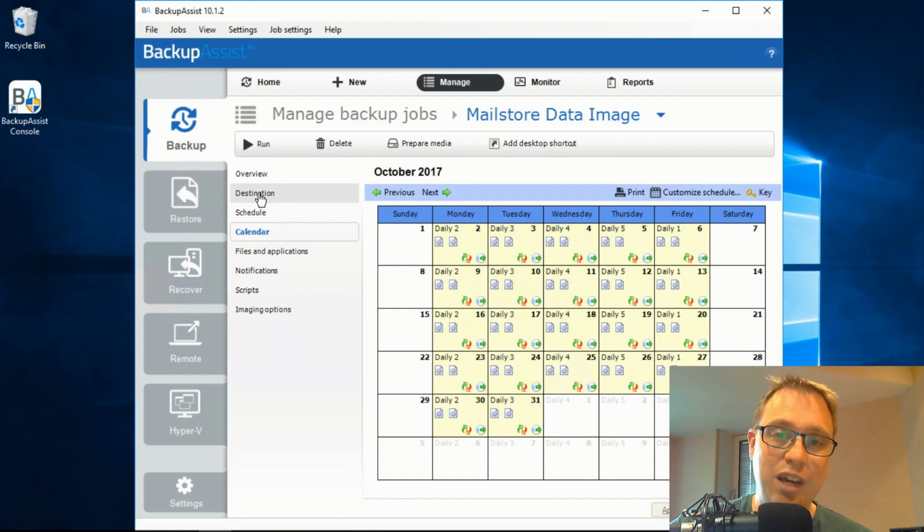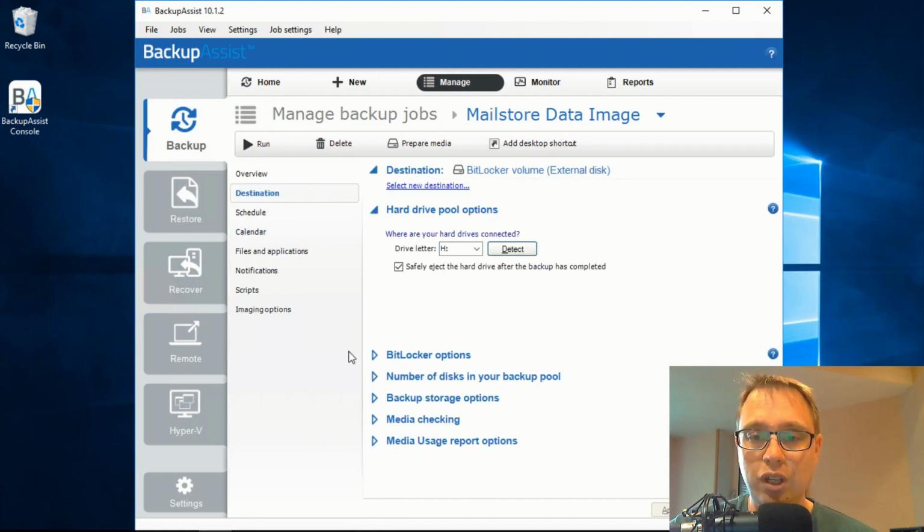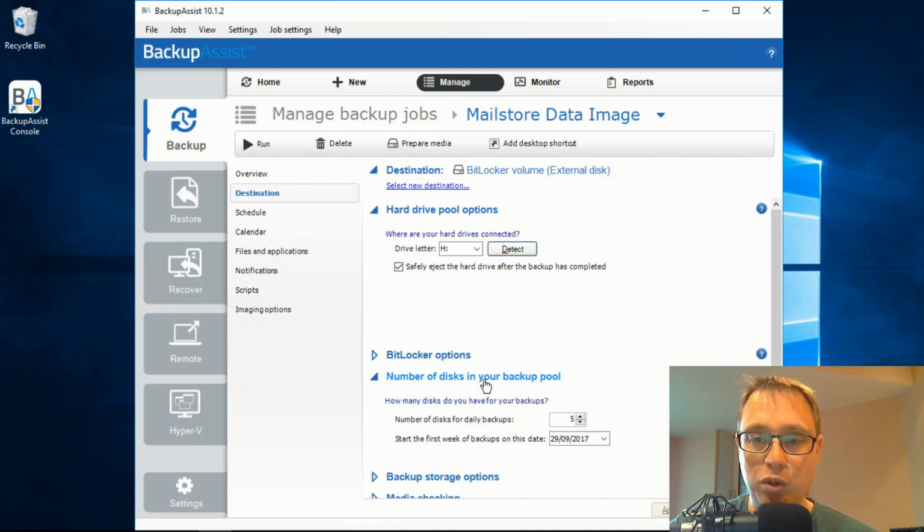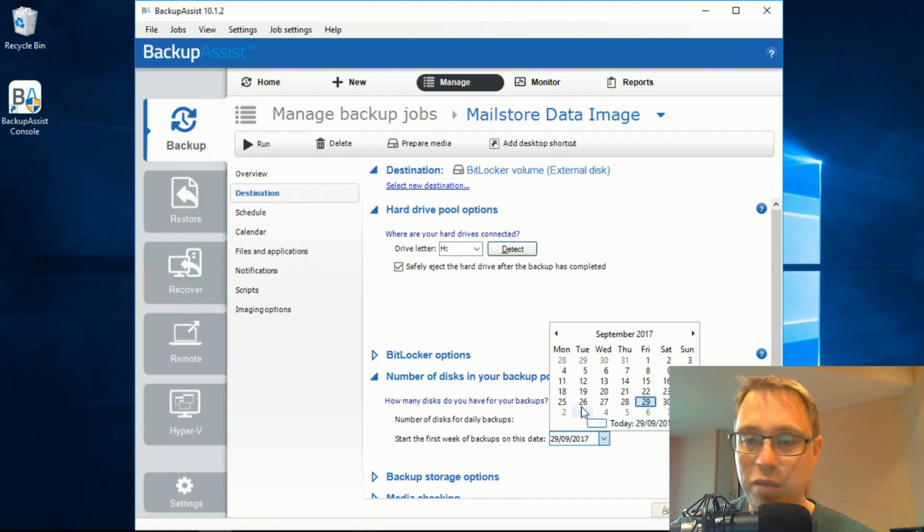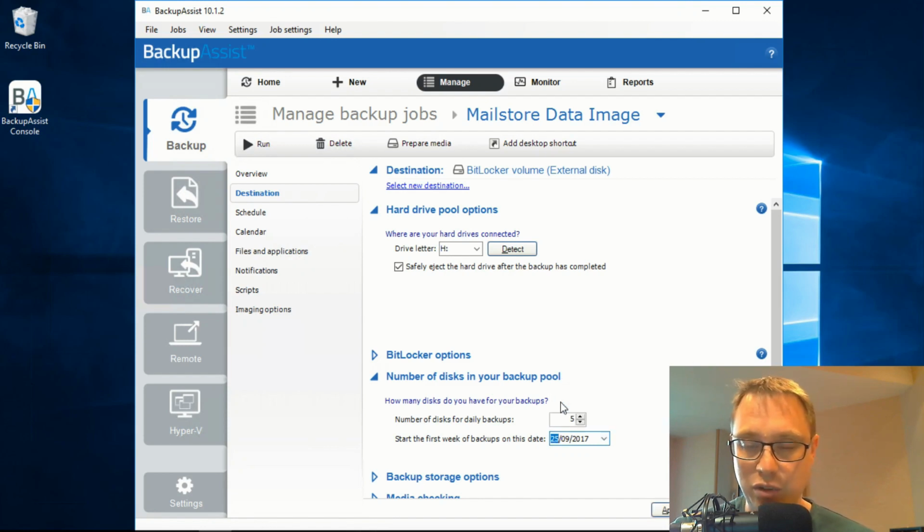So to change that, we go into destination, number of disks in your backup pool. That's where you define obviously the number of disks, but there's also this option to start the first week of backups on this date. Now you can see it's currently set to today, then the 29th. If I make that any Monday, and if I go back to the previous Monday, that's the easiest one to choose,